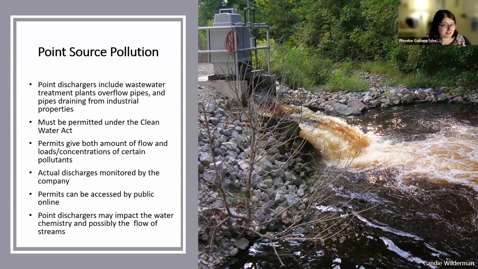And then finally, because of the inherent nature of a pipe discharging things into your waterway, it may impact the water chemistry of your site as well as the flow of the stream. So again, this was by no means a comprehensive list of influencers, but if you're curious about something else that we didn't list here, include it in your data interpretation. It'll be interesting to see what nuances you could bring in based off of the knowledge that you have about your site. But with that, I'm going to turn it over to talk about state standards and policy.